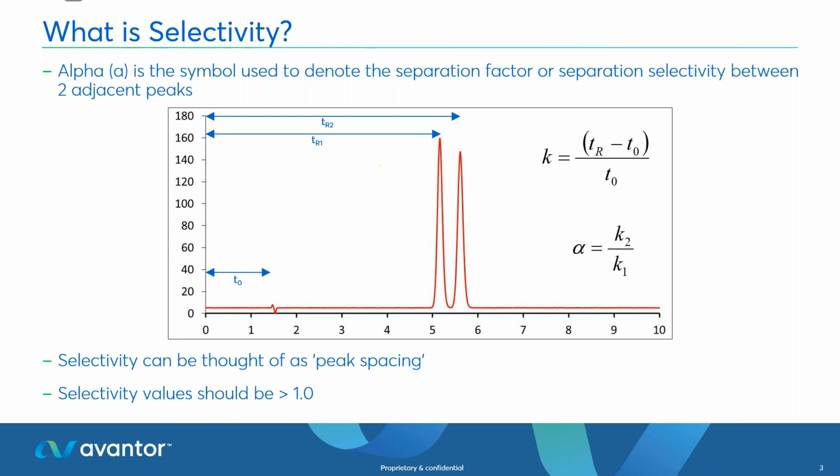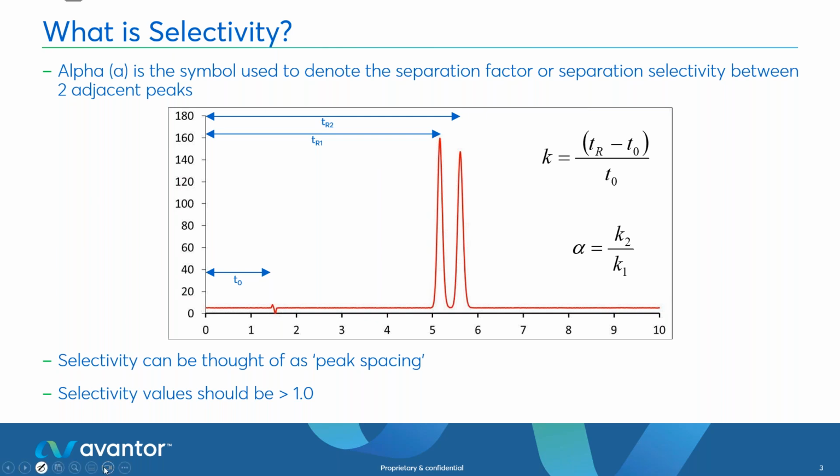In terms of chromatographic selectivity, what we're trying to do is separate peaks. Not many of us are lucky enough just to have one analyte of interest. We're generally trying to pull those peaks apart. And selectivity is a measure of peak spacing. So it's sort of describing how far apart those peaks are. And